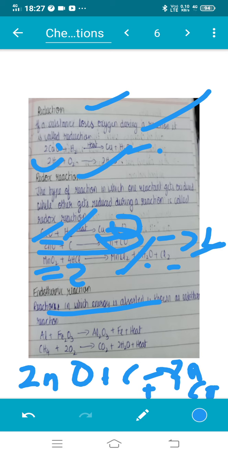What is an endothermic reaction? The last part of this chapter. The reactions in which energy is absorbed are known as endothermic reactions. The endothermic reaction in which